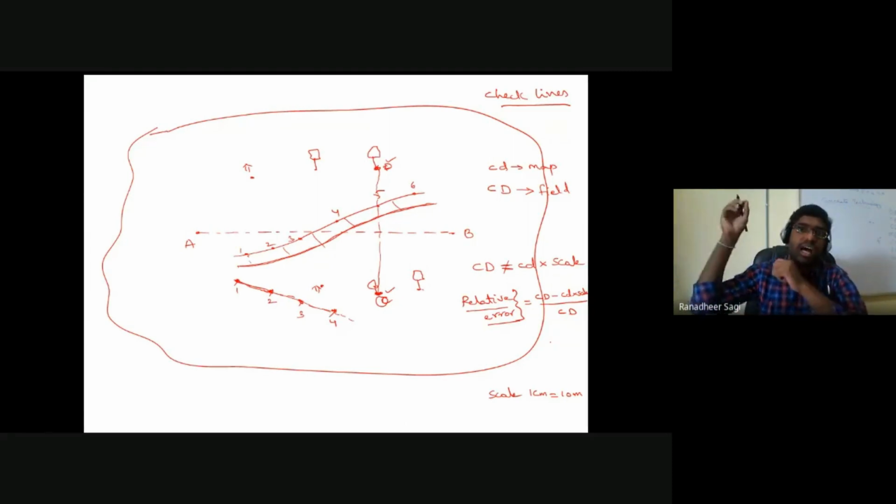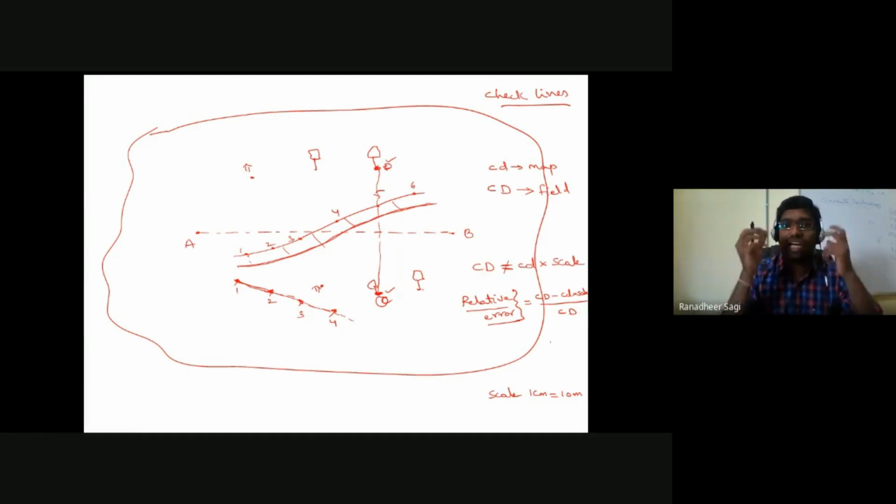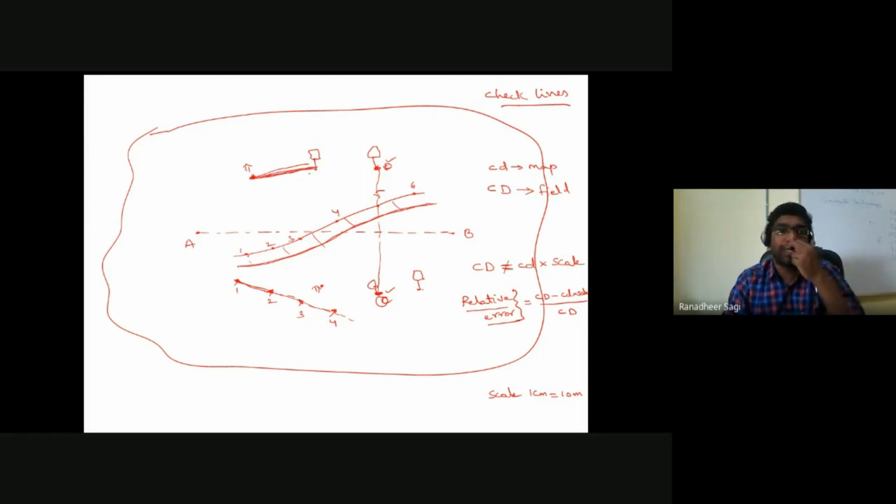the distance between those points in the field as well as in the map, and then try to cross check. Let's say I can say distance between this house and this tree, neither have I measured in the field, nor have I measured in my map. Now this distance I can call as my check line. Okay, so point E to point F, that EF line I can call as one check line.